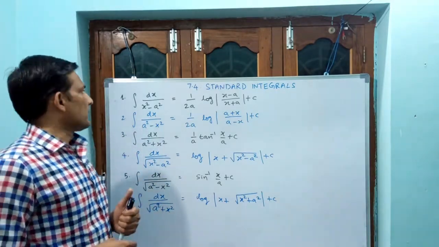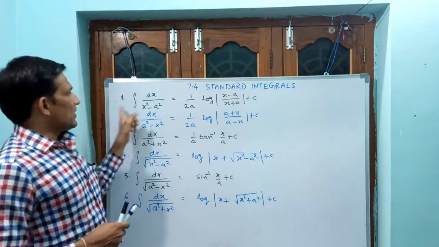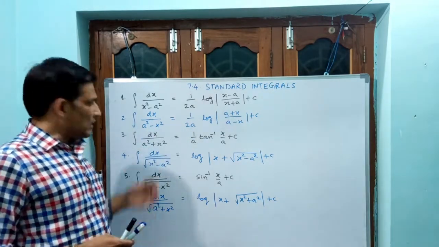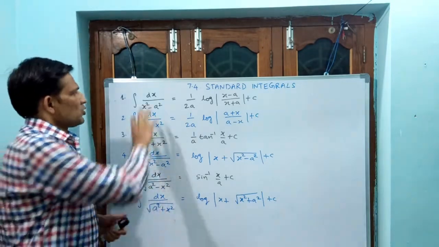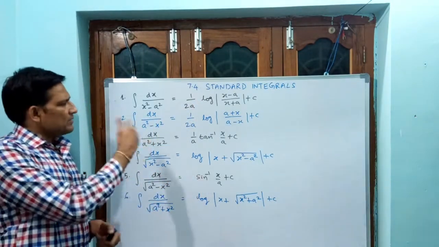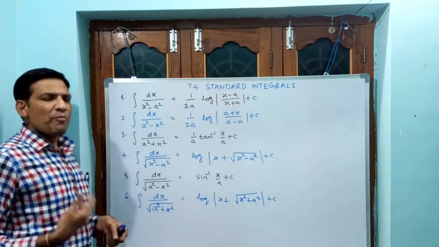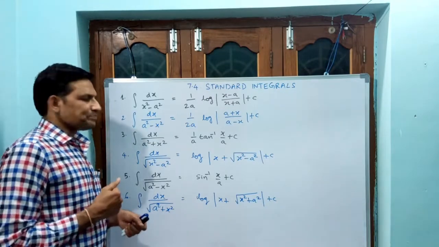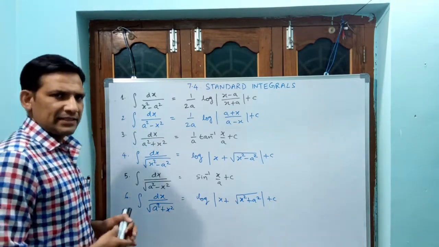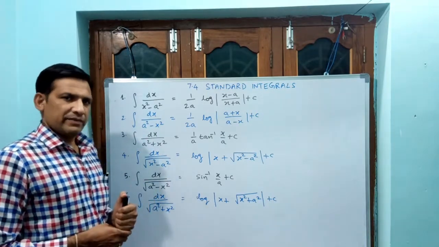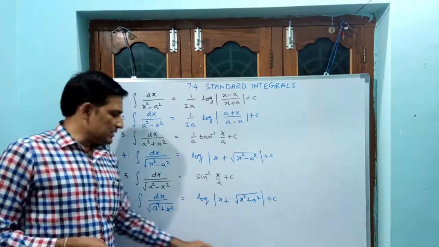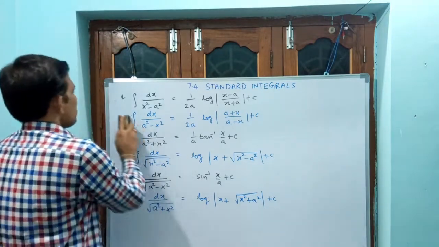Now, the first result I am going to prove, then the second, third, fourth, fifth, sixth, all I am going to prove. The first 2 we will prove in a detailed way; from the second and third onwards we will omit some steps. Then we will stop this class at the 6th. Next class we will do exercise 7.4. Let us go for the first proof. See what I am doing.